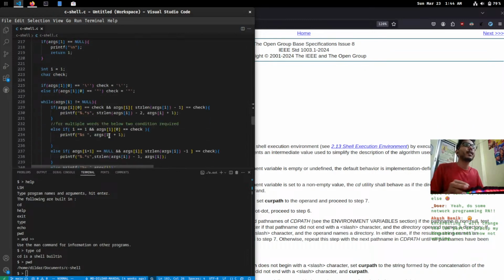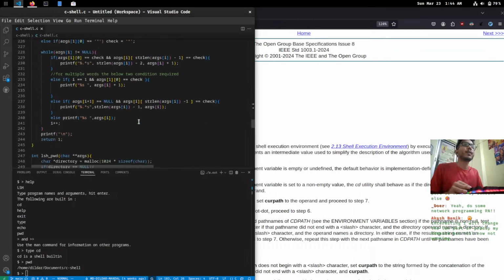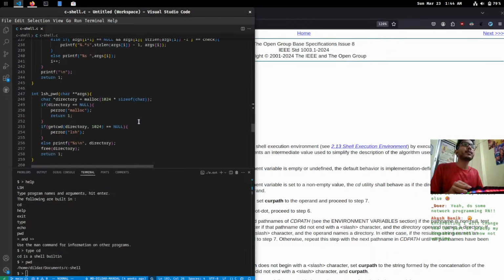For that also there are functions that we have to use. The get current directory function. So here, as you know, the path can be one word, or the length can be bigger. So as we are storing it